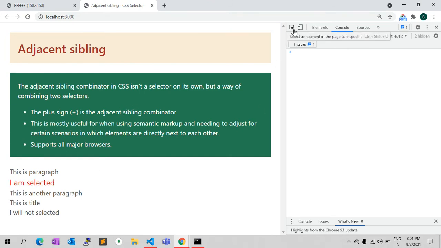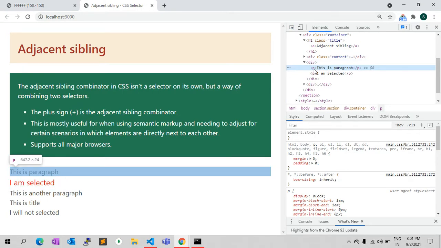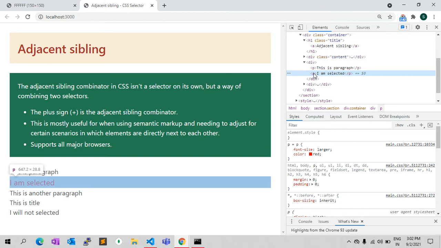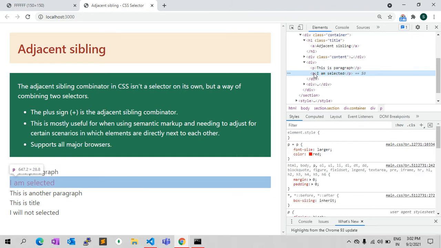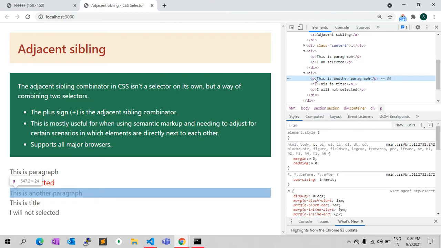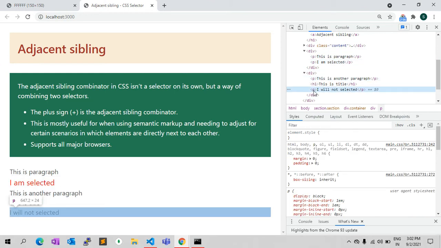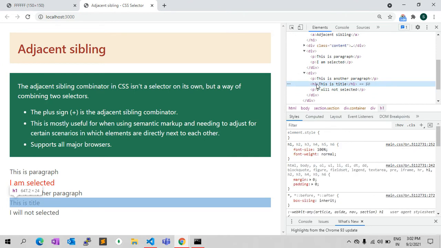See, now this is a paragraph, and this is another paragraph which is sibling to this paragraph. So when I select this P plus P, the CSS is applied. Again, here is another paragraph also, but in between one h1 tag is there, so it won't get selected. This is how the adjacent sibling selector works.